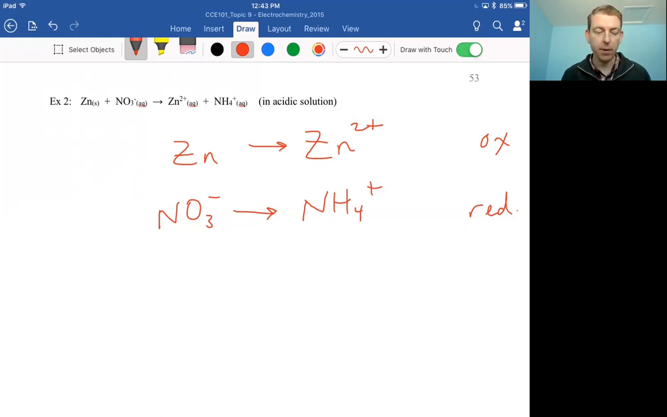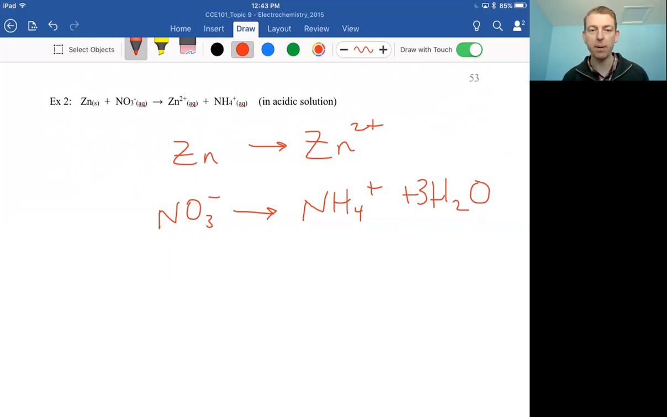Step 3, so this is something that we did not do last time. We're going to balance the oxygen by adding water onto the side that needs the extra oxygens, okay? So on that second line, for the nitrate to the ammonium, there's 3 oxygens on the left-hand side, so we need to add 3 oxygens onto the right-hand side. We're going to do that by just adding 3 water. Okay, so now we have 3 oxygens on both sides, so those are balanced. Step 4, we're going to balance